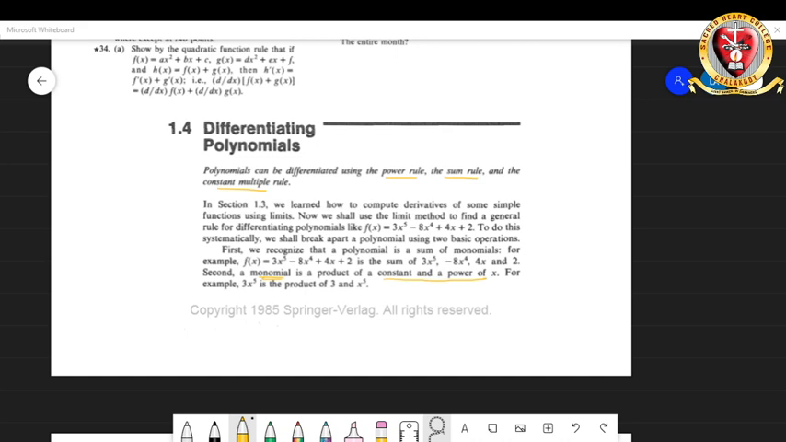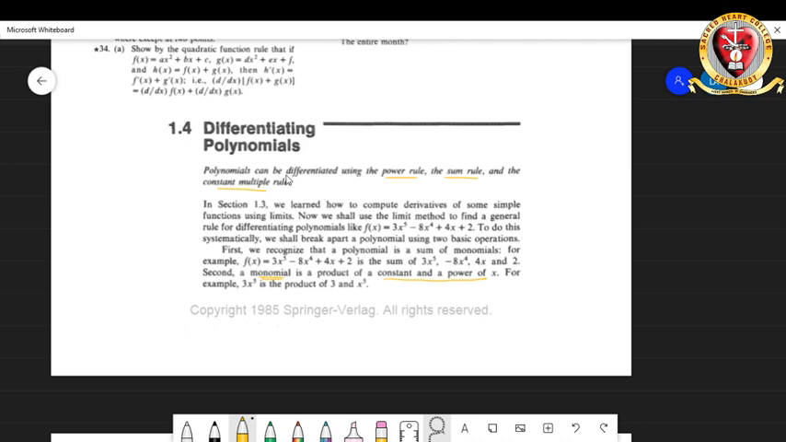Today's video lecture will consist of section 1.4, and it is dealing with differentiating polynomials, and this is a very easy section. You are familiar with almost everything which we are going to discuss here. So to start off, when we are differentiating polynomials, we will use the power rule, sum rule and constant multiple